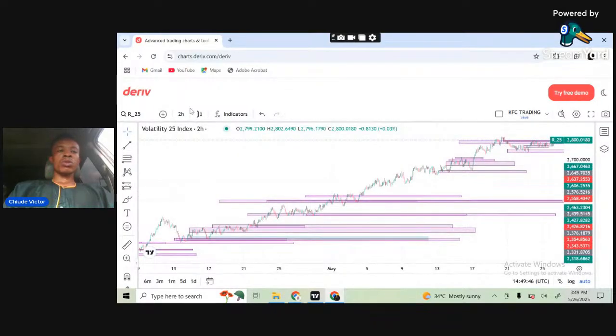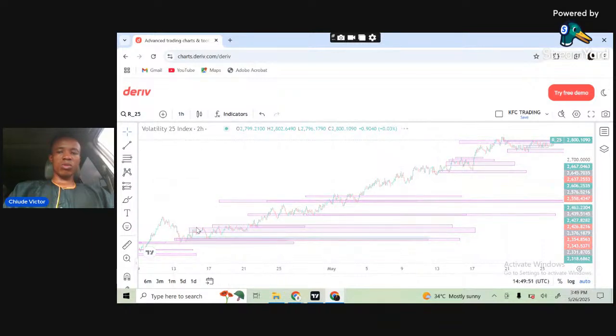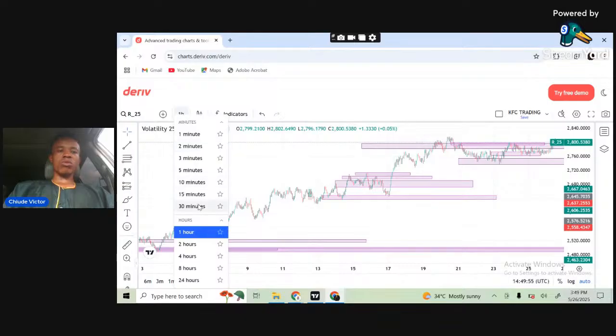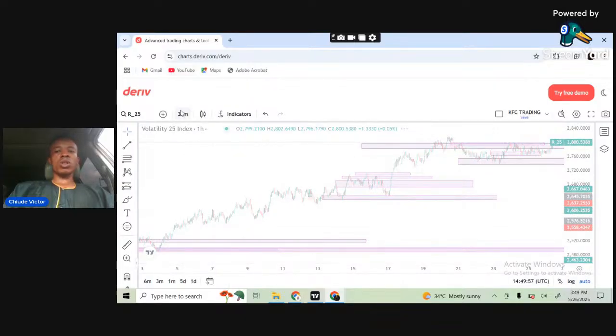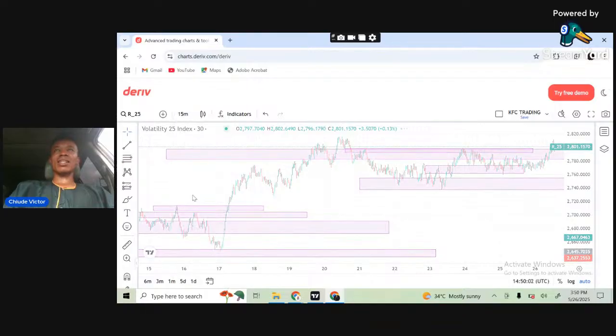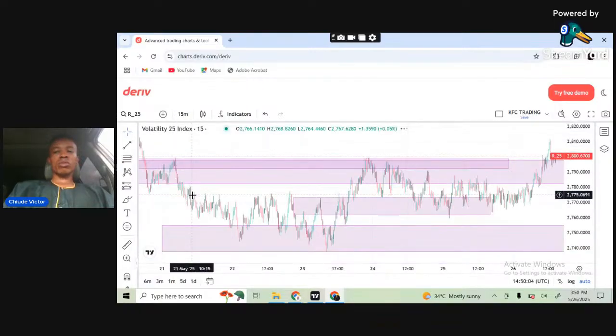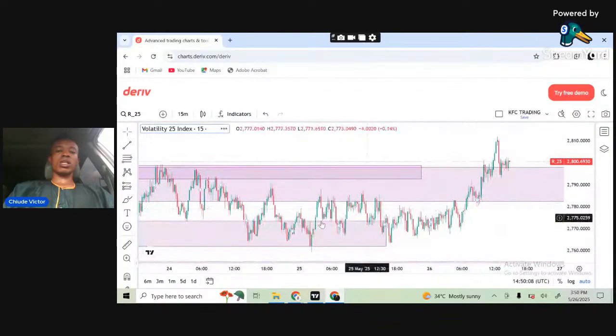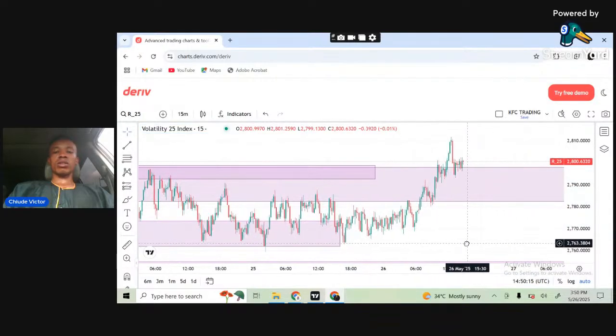Okay, so this is the volatility 25. I'm trying to remember if it's jump 25 or volatility 25. That was the entry. Okay, volatility 25 was the one I told you will be ranging at least for some time, and I will not be able to ascertain the directional bias until the blocks are mitigated. So you can see it did exactly what I told you. Okay, it ranged, and it's taking out the block, and the directional bias is now looking clearer.